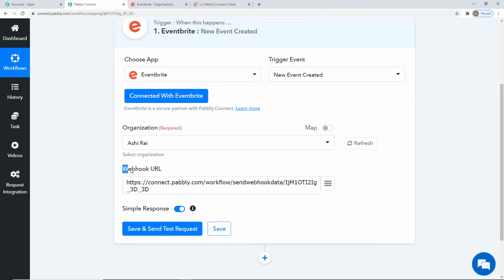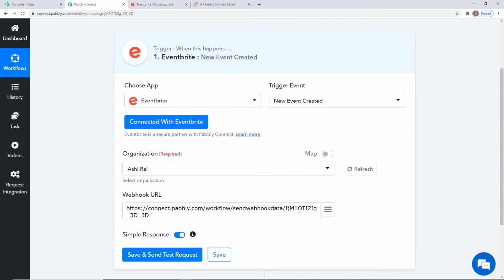Now you can see this term called webhook URL. Now you might ask me that what is this webhook and how is it helpful for us? Let me tell you that webhook is an essential way to get data from an external software at Pabbly's end. So this webhook URL helps you to build a connection between the trigger software application and Pabbly Connect. So what we do is we copy this webhook URL from here and we go and paste it inside the trigger software application. Okay, so now here you don't have to do it because we have already built a connection because of the authorization. So here you don't have to go and manually copy and paste this inside Eventbrite.